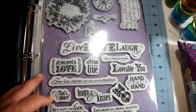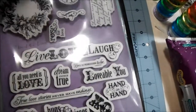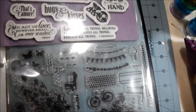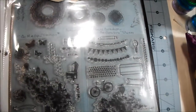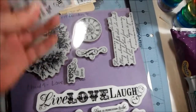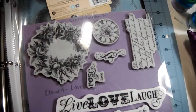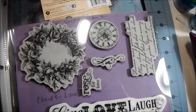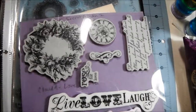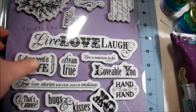I take them out of the packaging, and these are not a good example because they're cling stamps, but I take them out of the packaging that they come in, and sometimes I will keep pieces of the packaging, like this one has all the images, so that's a good thing. I'm thinking about organizing those instead of stamping them all out like I did my wood stamps. But anyway, what I do is I put this all on a piece of acetate, and then I have a piece of